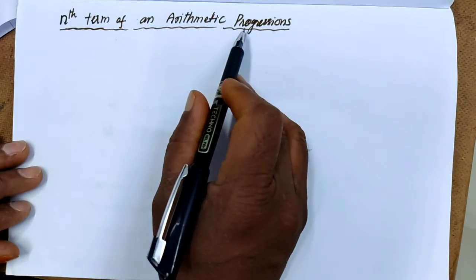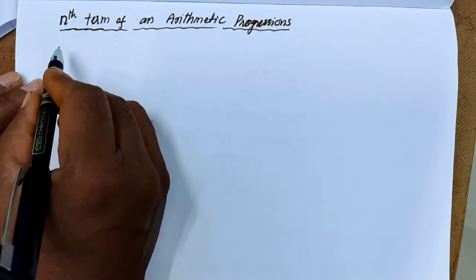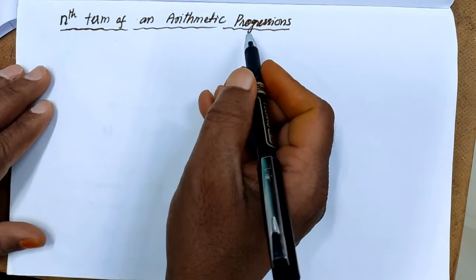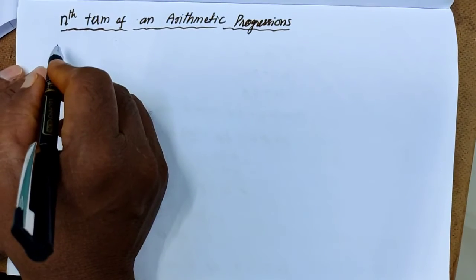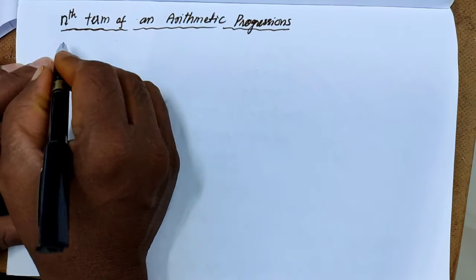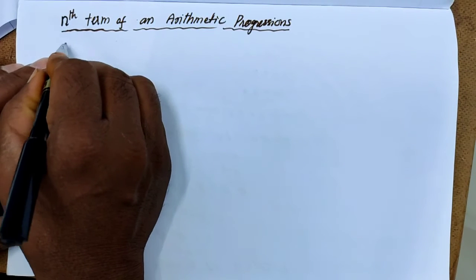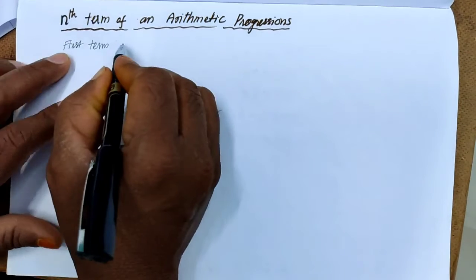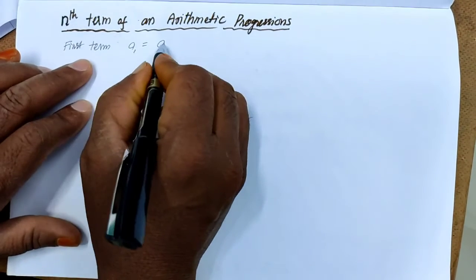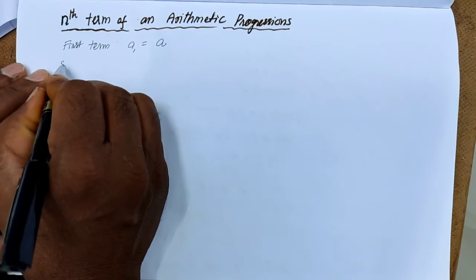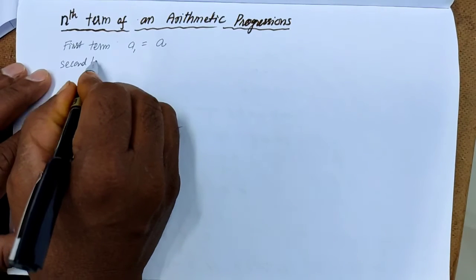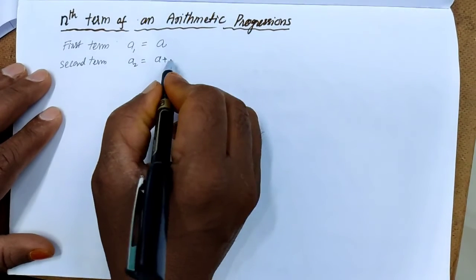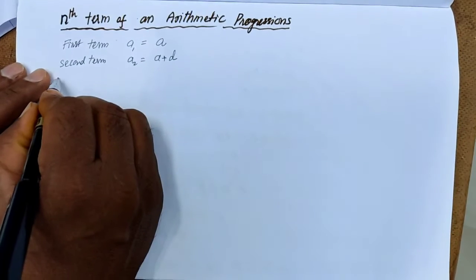nth term of an arithmetic progression. So first, before going to find the nth term of this arithmetic progression, let us start from the first term. As we know, the first term a1 is equal to a, and the second term a2 is equal to a plus common difference d, and third term